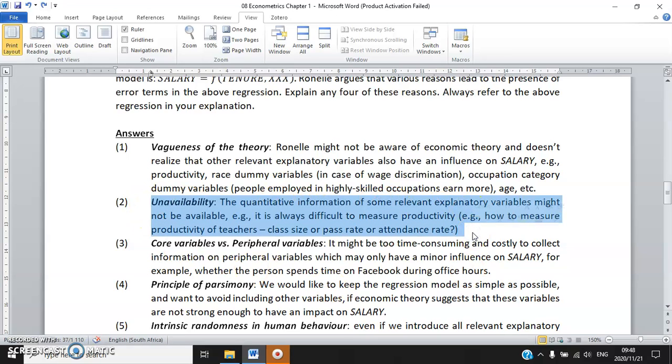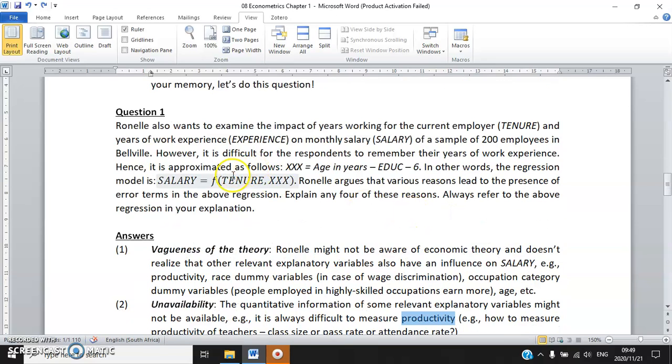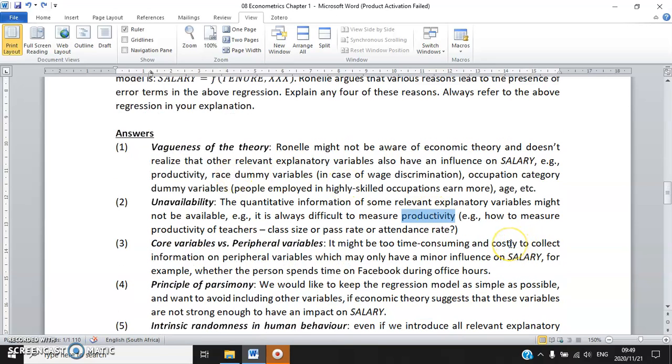Second, unavailability, because we wish we could include an explanatory variable, but the data is not available, so we reluctantly exclude it. For example, we do not include productivity in the regression because it is difficult to measure or capture data on productivity. So I have an example. How do you measure productivity of teachers? Based on what? Class size, pass rate, or attendance rate? So it is hard to,